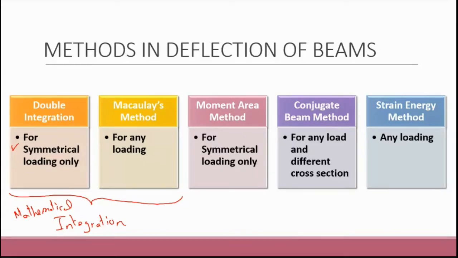So moment area is similar to your double integration. It is applicable only for symmetrical loading cases, whereas conjugate beam is for any loading case and for different cross sections. In Macaulay's, it is not possible to solve different cross sections. So not possible for variable cross sections,